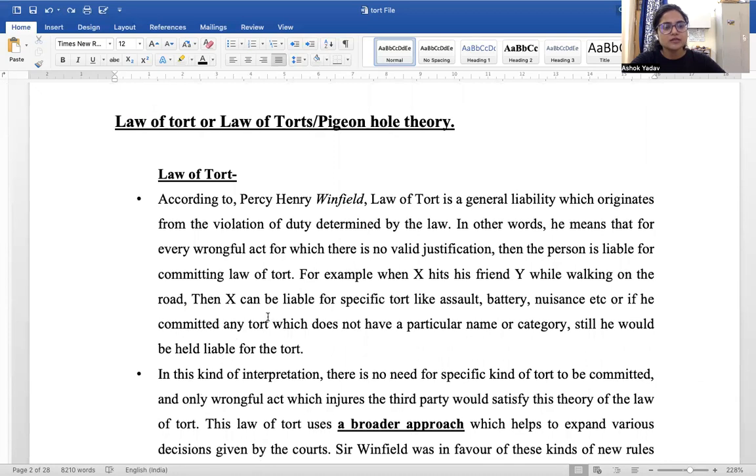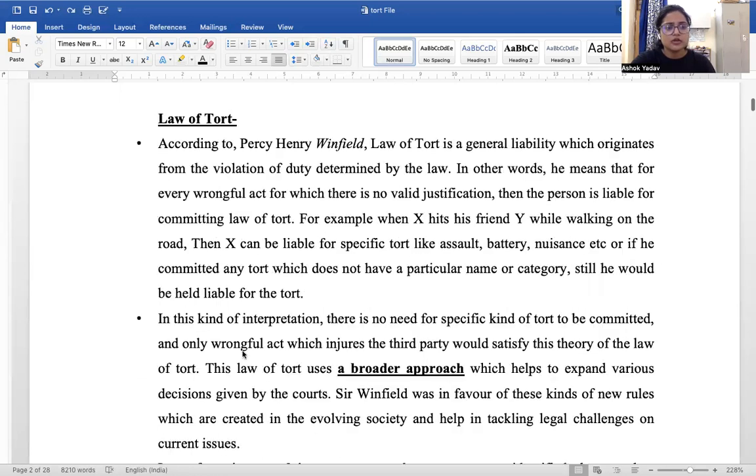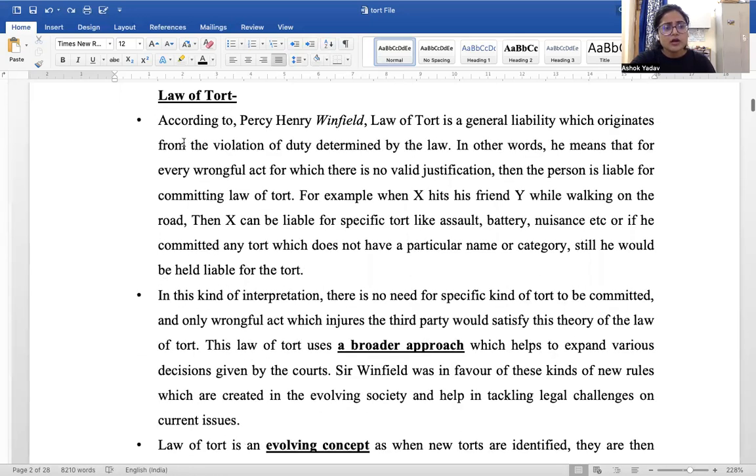Now, let's see the law of torts, or pigeonhole theory. Basically, there is a confusion among people. They generally ask if it is law of tort or law of torts. What exactly is the right word for this? What should we call it? Is it law of tort or law of torts? So let's start. According to Percy Henry Winfield, he says law of tort,